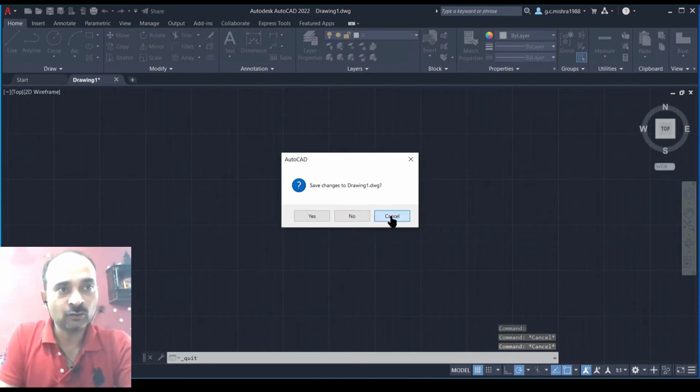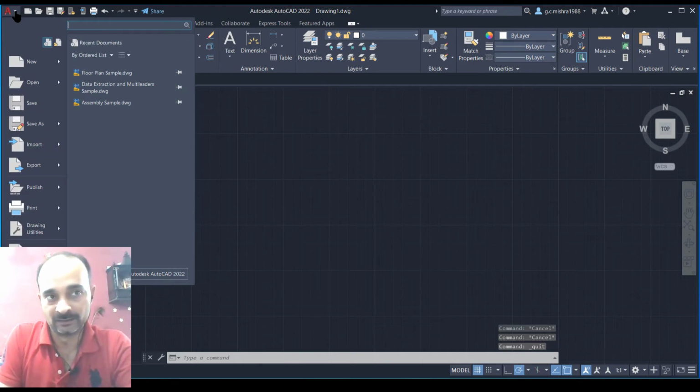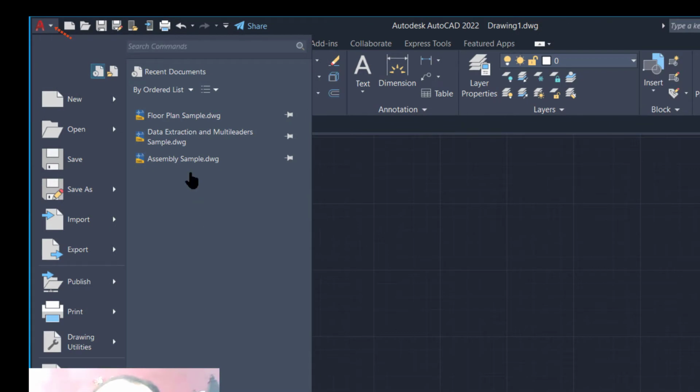After the AutoCAD menu, you will see a small arrow button. When you click that small arrow button, you will get an interface that is called the AutoCAD menu. In it you will get New, same as Office tools.